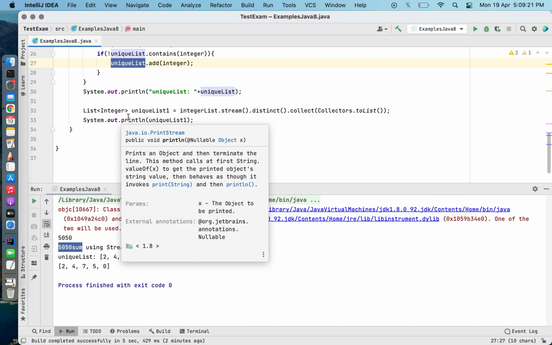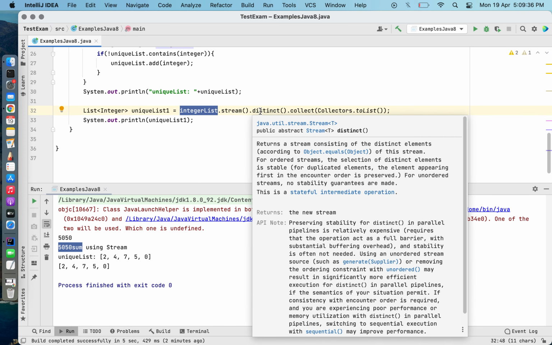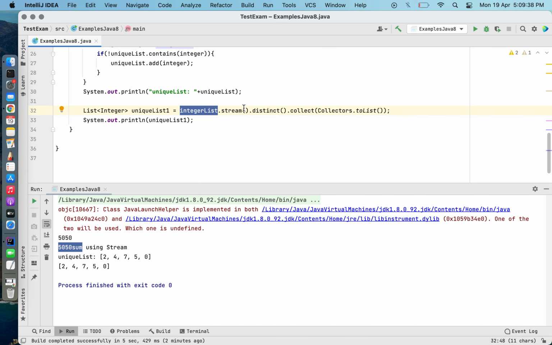But here you can see the same thing I am doing using the Java 8 functionality. So I am creating a uniqueList1, and then I am creating a stream out of this list, and then on this stream, the distinct method, then collect,